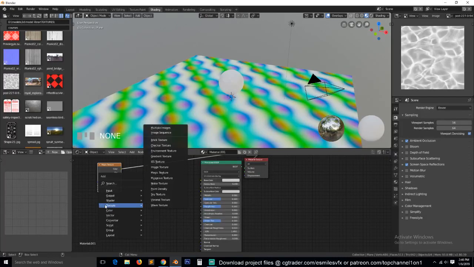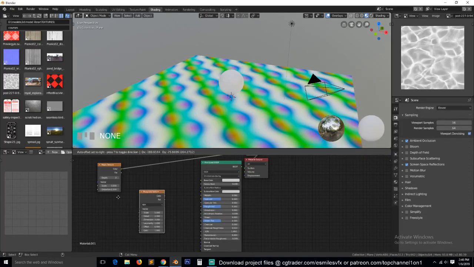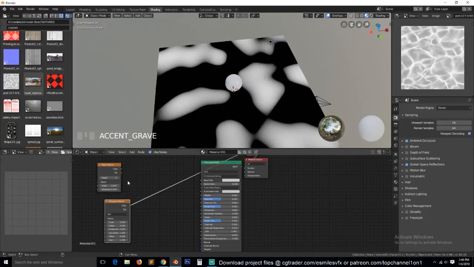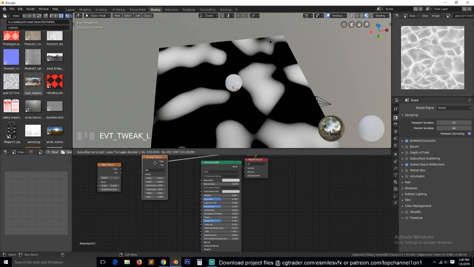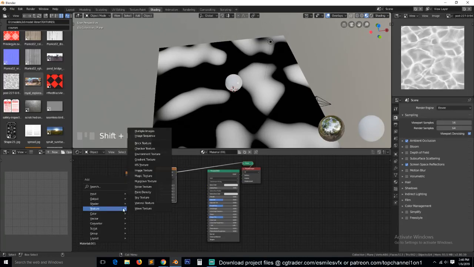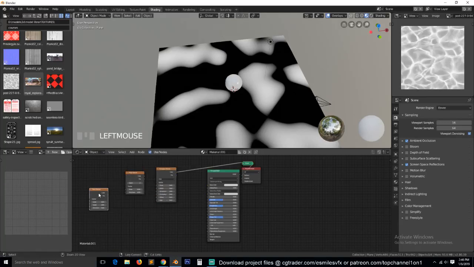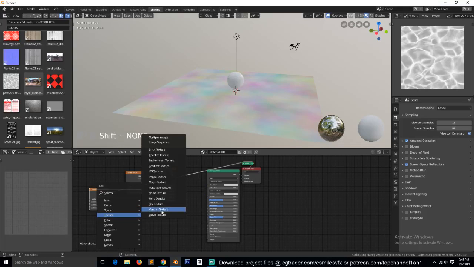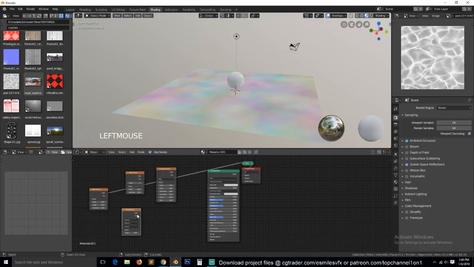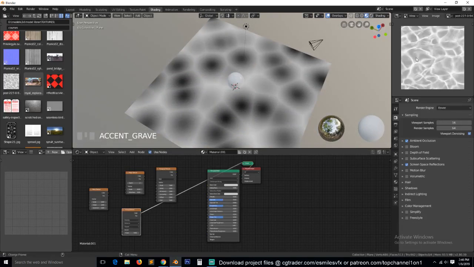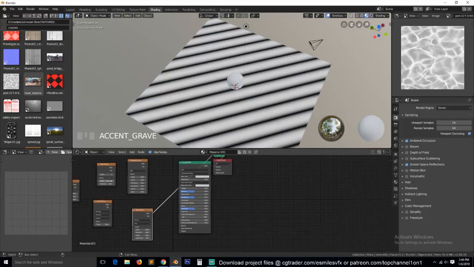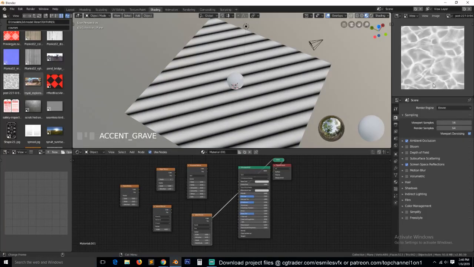So let's also look at Musgrave. Control Shift and then click. This looks like this. I think we can also mix it with this to get a pattern that looks like this. So we also have it, we'll add it there. We'll use a noise texture as well for extra details, and let's see what else we have. Voronoi, I think, is also something we can use. You can see this is even closer to this than any other texture. We can also use the wave texture. So we're going to mix all of these to get something close to this,